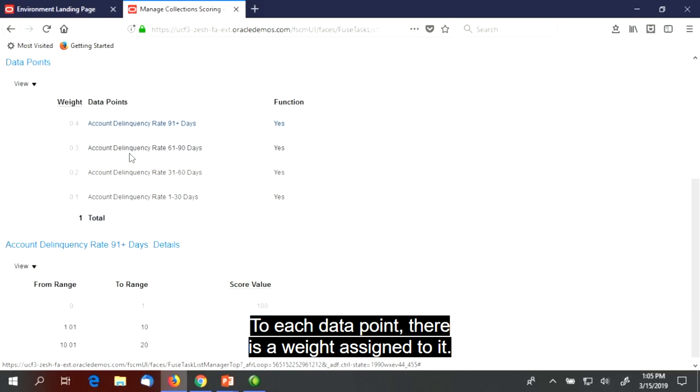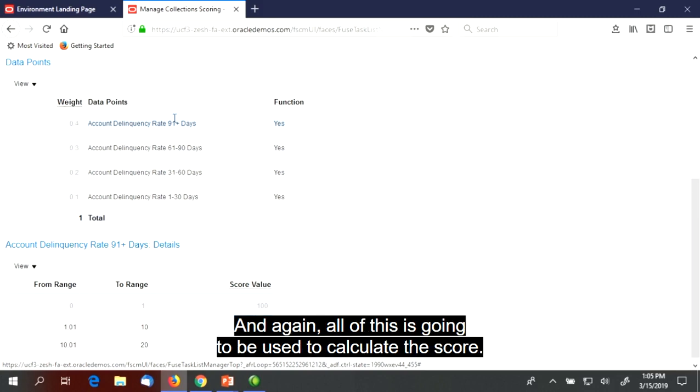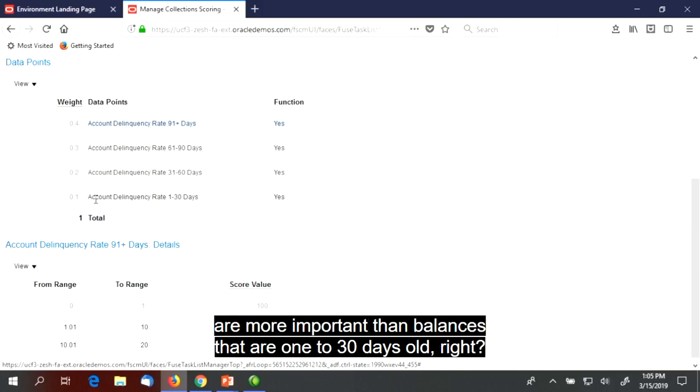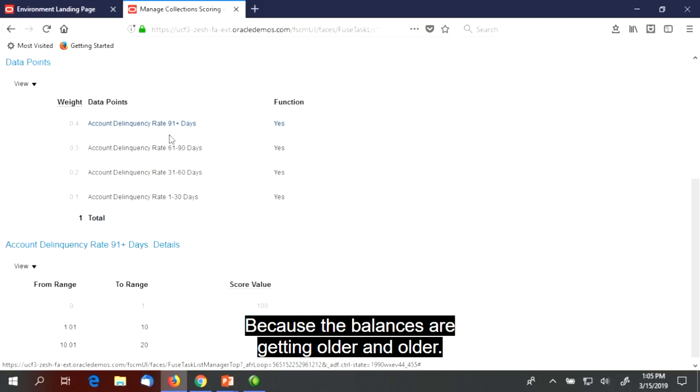Okay, but there are situations where the balance may be old. To each data point, there is a weight assigned to it. And again, all of this is going to be used to calculate the score. Now notice here that balances 91 days or older are more important than balances that are 1 to 30 days old, right? Because the balances are getting older and older. So you want to make sure that you concentrate on interacting with that customer that has those old balances